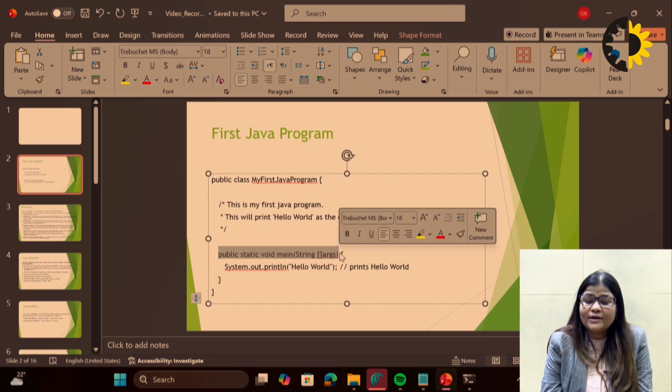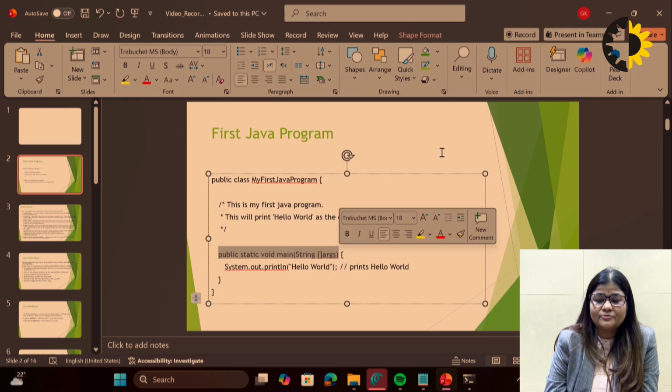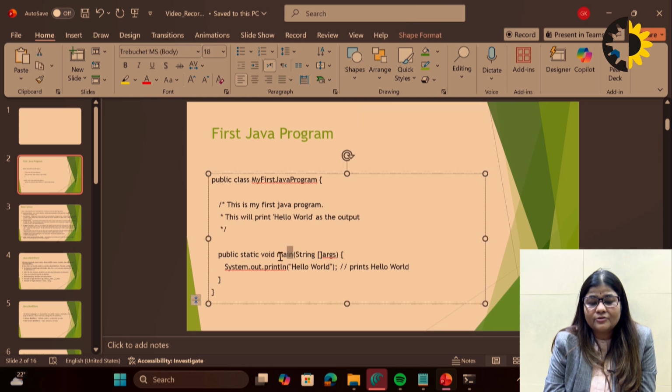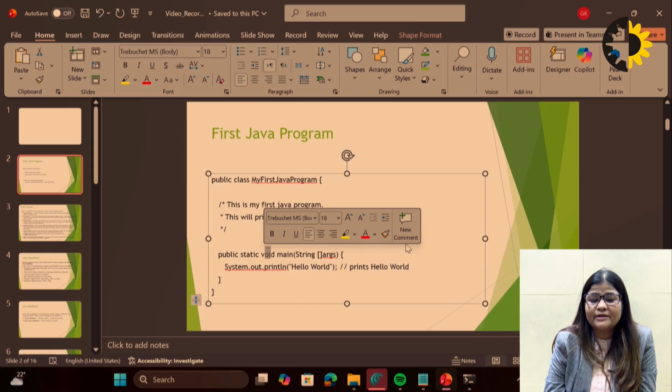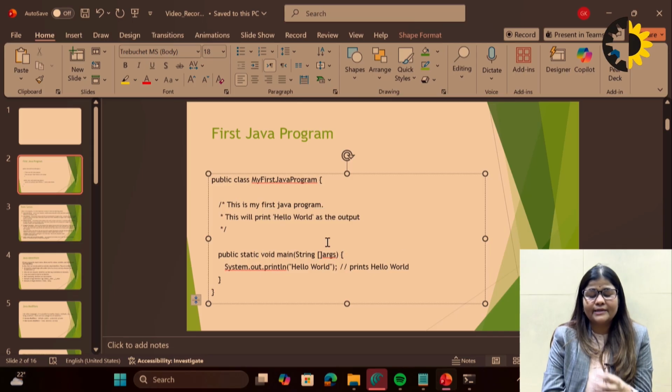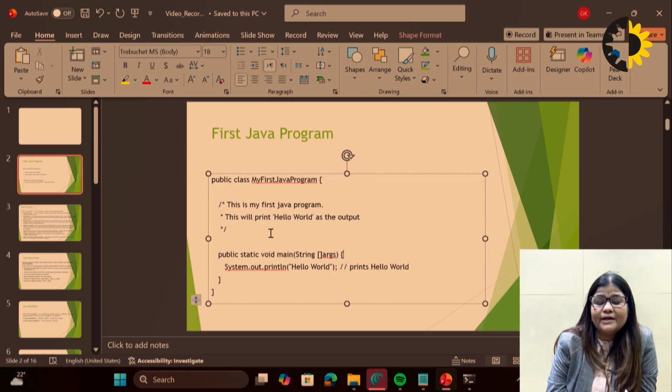I already discussed it in the last lecture, but today I am just giving it to you in a summarized way. This public static void main is the main function of Java. Void, we all know, means we are returning nothing, and static is the static keyword, which means if it is a static method, we don't have to create an object of this class, because this is a static method. Gradually we will learn about static functions